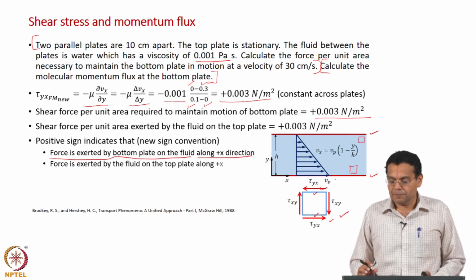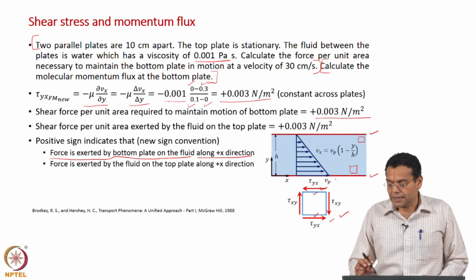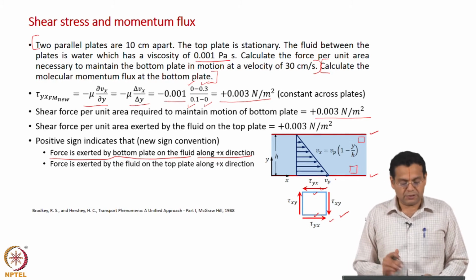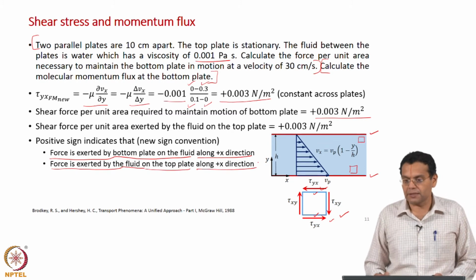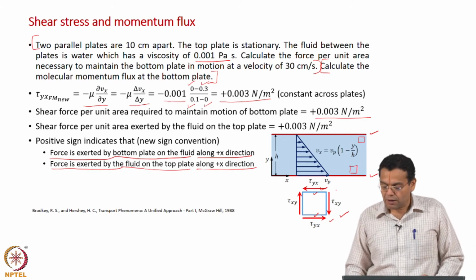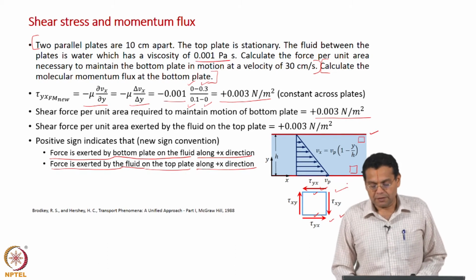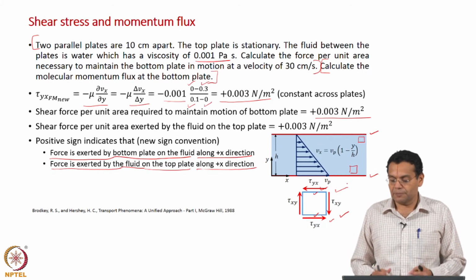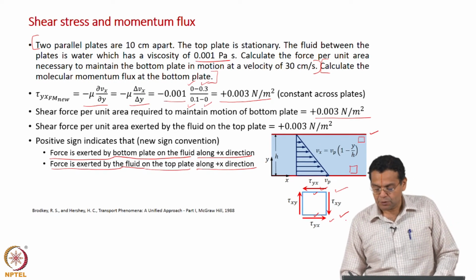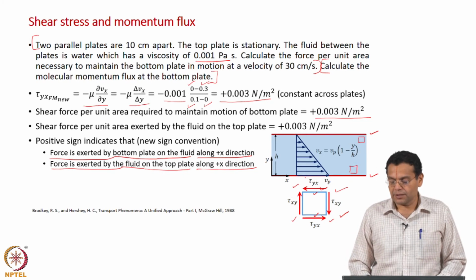So, very simple, all these are known to us. What extra we are doing here is interpreting based on the new sign convention, that is all we are doing. So, let us read this: force exerted by the fluid on the top plate is along the positive x direction. Once again, I want to emphasize, all these are forces acting on the fluid right from the beginning. Whenever you say viscous stresses, or even in solids stress, it is all acting on the solid or acting on the fluid. So, bottom plate force on the fluid is along the positive x axis, here force acting on the fluid is along the negative axis.